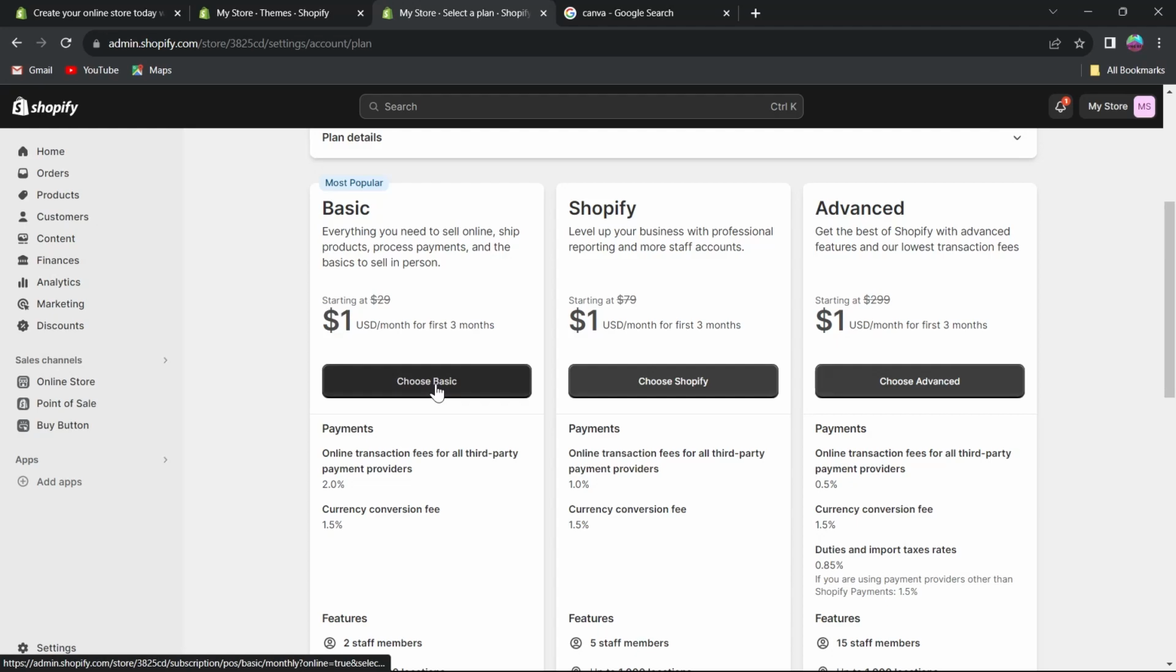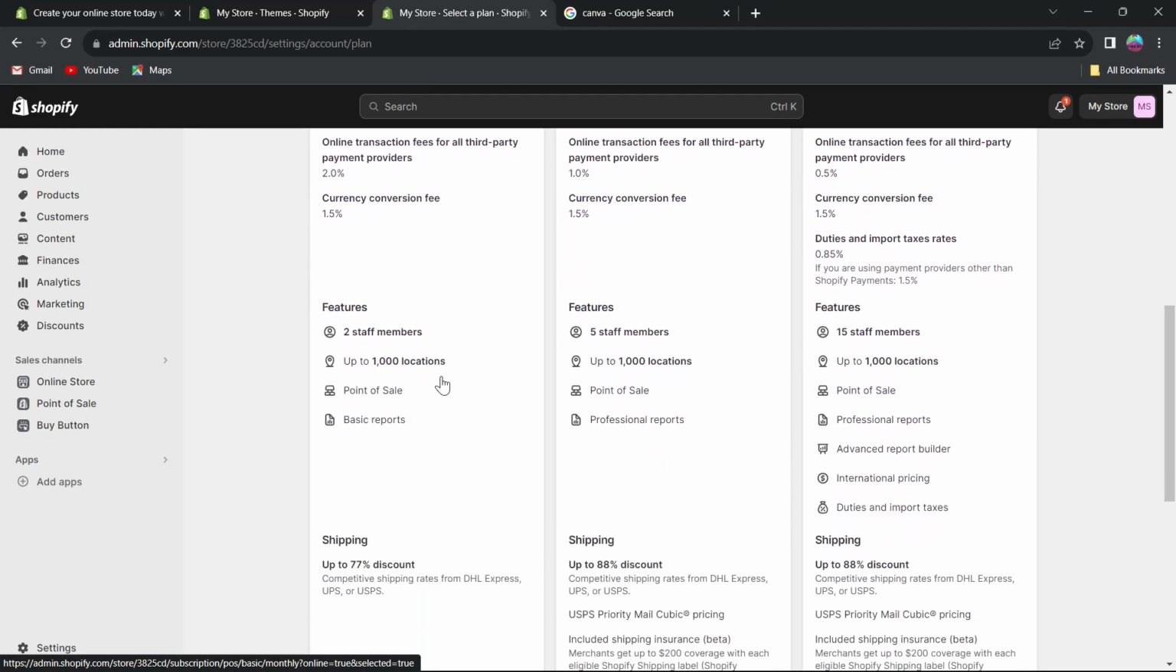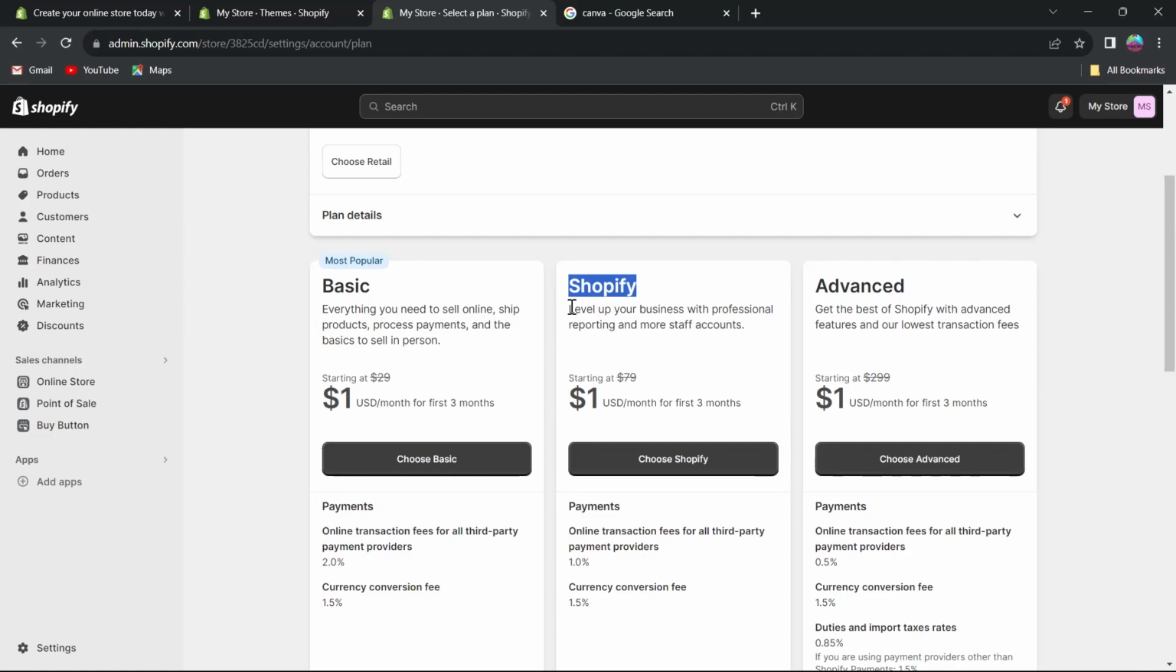You can choose a basic and click on this and do the payment, and you'll get these features that says 2 staff members, up to 1000 locations, point of sale, basic reports. And the Shopify also you'll get it at $1, and the advanced also you get it at $1. But this $1 is just for the first 3 months. This will start at $29. The Shopify will start at $79. The advanced plan will start at